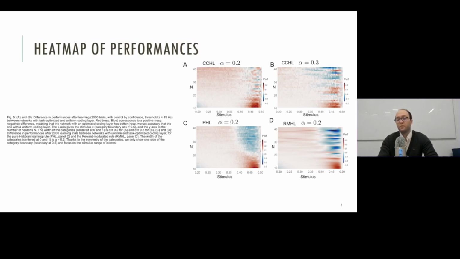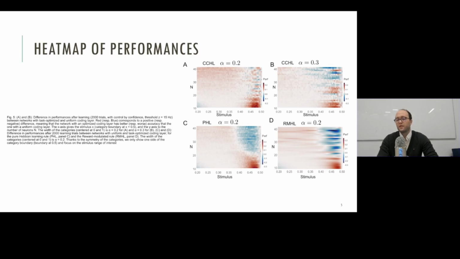If it's blue, it is the opposite, and the uniform coding layer performs better than the task optimized one. On the bottom line of this figure, you have the Hebbian and the reward modulated Hebbian learning rules, and you can see that, surprisingly, there is a huge region of parameters for which the uniform coding layer performs better after learning than the task optimized one.